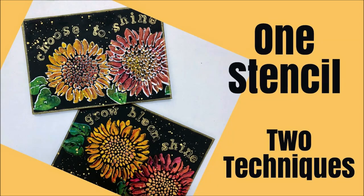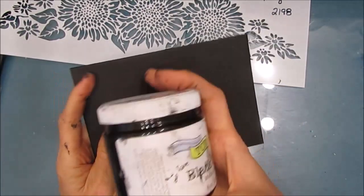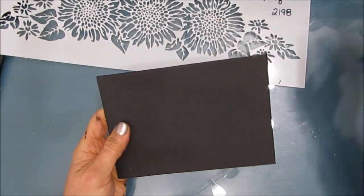Today we are going to be working on a black background and you get a 2-for. I'm going to use one stencil and I'm going to show you two techniques for working on a black background. Let's get going. So I've applied to this 5x7